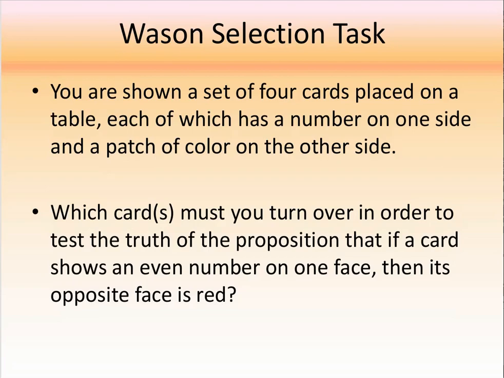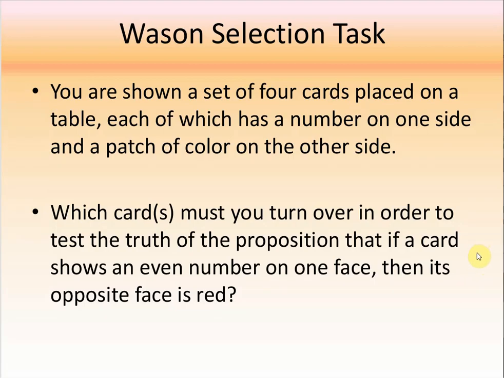Another way to look at this idea is with something called the Wason selection task. The way that works is that you have four cards, which we'll see on the next slide. You have four cards where two of them are face up and two of them are face down. And the sides that don't have numbers, on the other side, it's just a color. So the whole thing is red or the whole thing is blue or the whole thing is green, that kind of thing. And then we have to figure out which cards you have to turn over in order to test